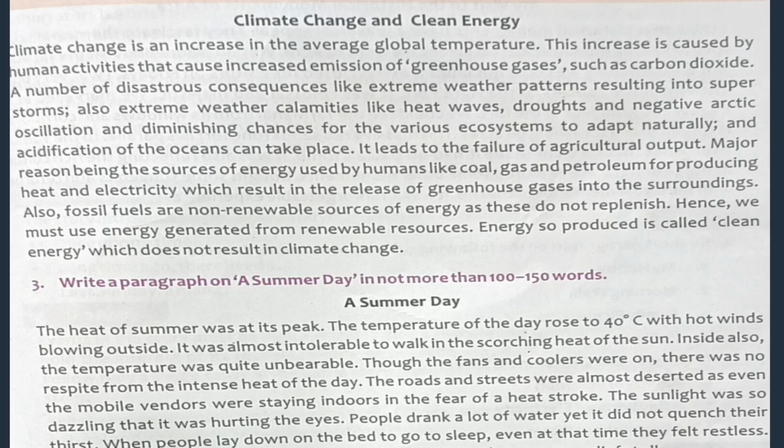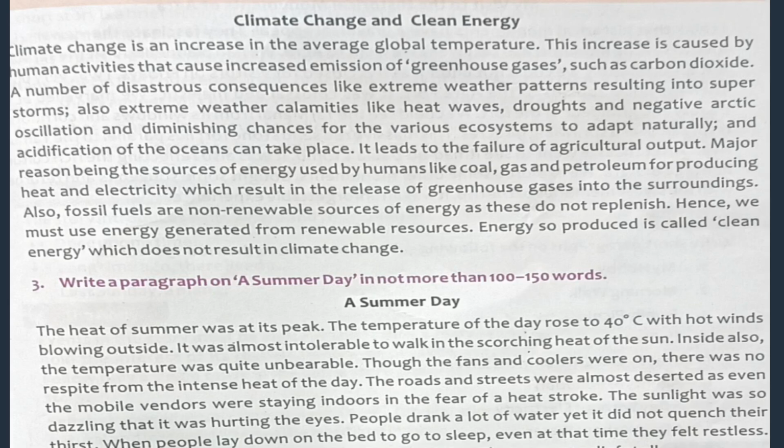This increase is caused by human activities that cause increasing emission of greenhouse gases such as carbon dioxide. Now this is what? This is factual, or this is an expository paragraph, because you are getting facts and information related